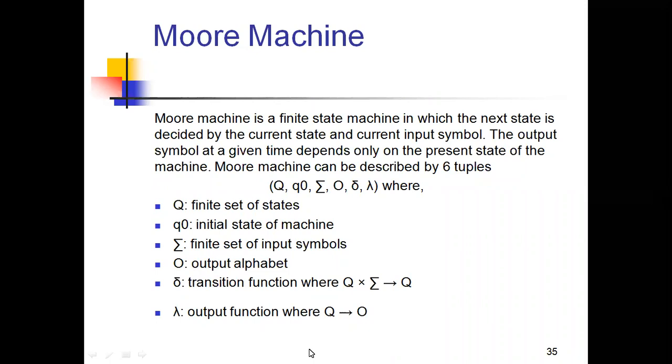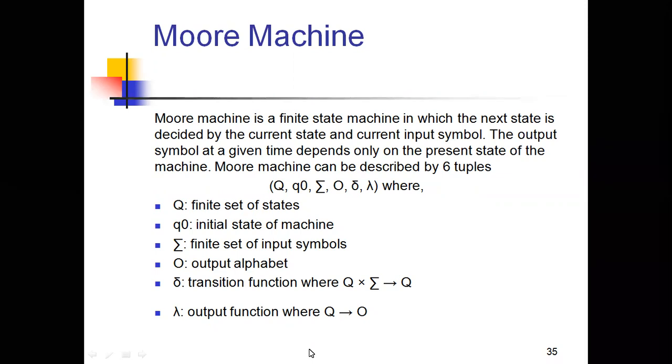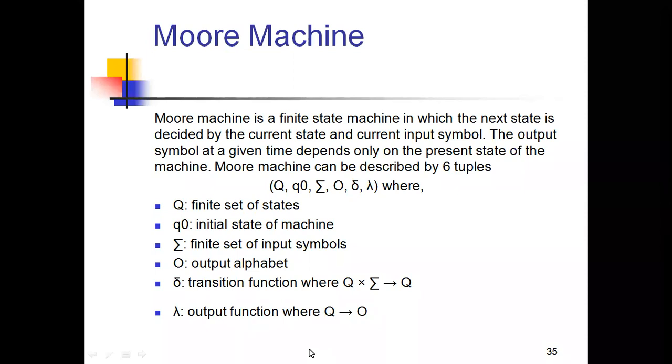And coming to the next symbol, that is the transition function del. Del is a transition function which maps a state with an input alphabet, and it gives an output in the form of a state. That means the current state with the current input gives the next state. Right?